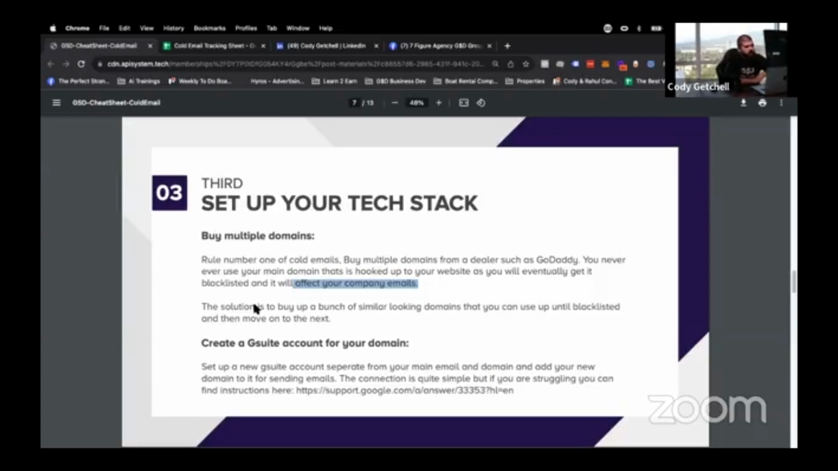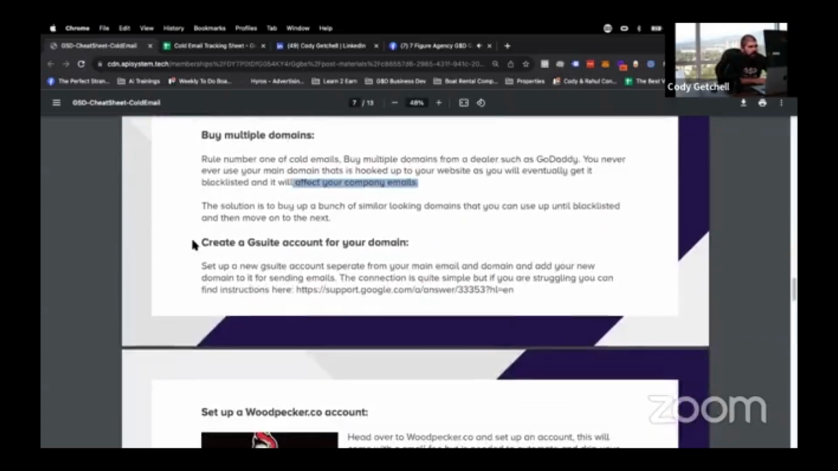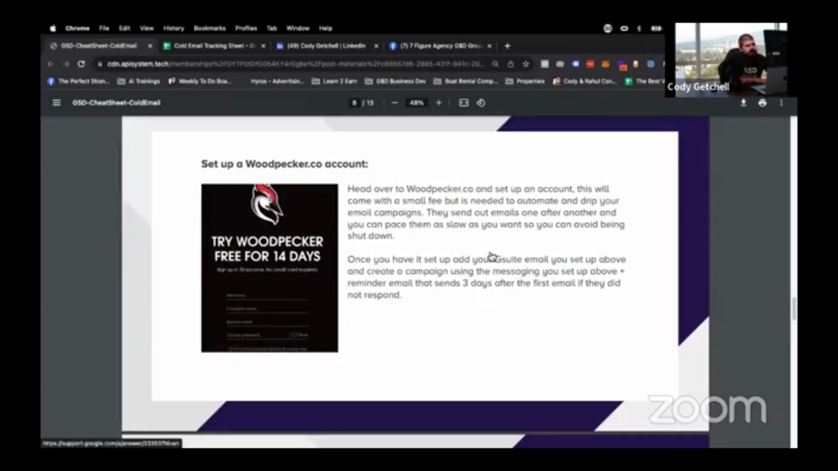The second part, you're going to create a G Suite account for your domain. So you're going to take your domain and create a G Suite account. The connection is quite simple. Why you need that is because the tool we recommend using to actually send the emails is Woodpecker. Now, a lot of you are going to say, probably in the private coaching session or out there on Facebook, YouTube, all the different places this is going to be going on,